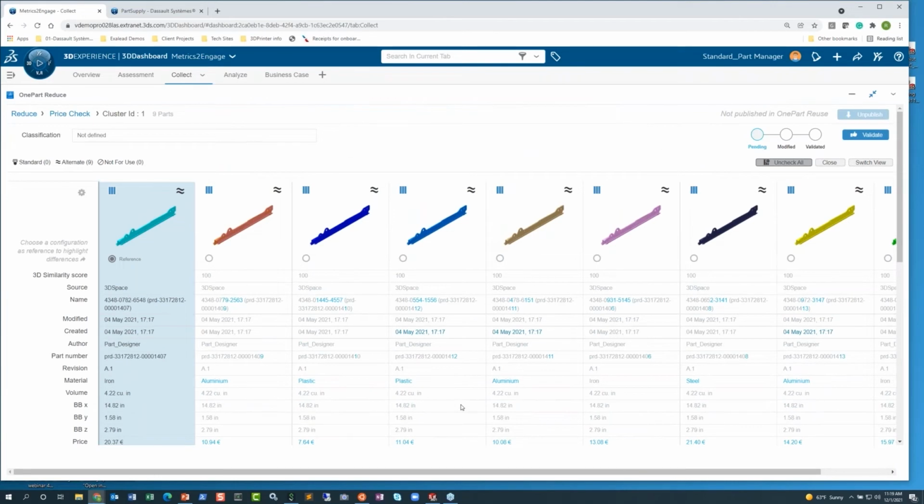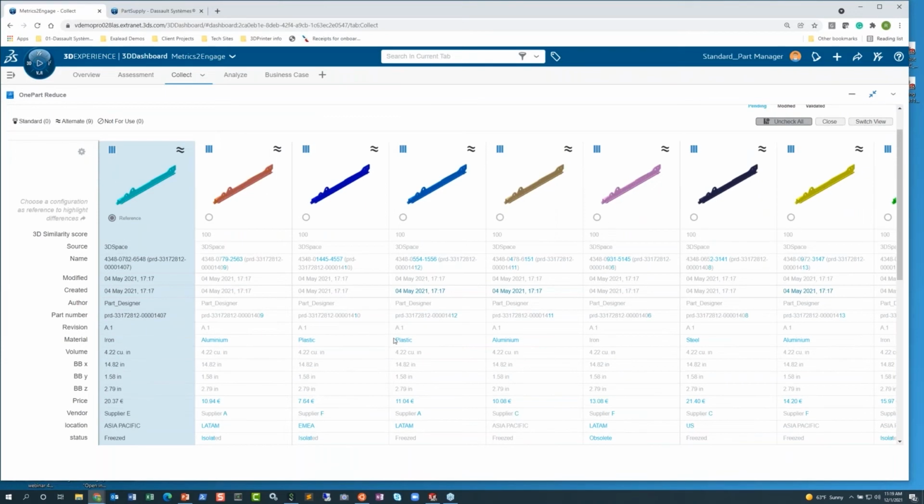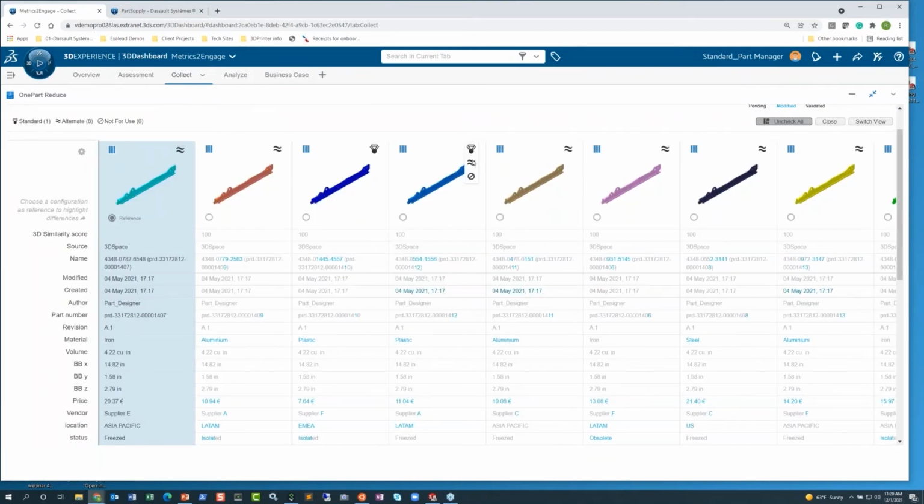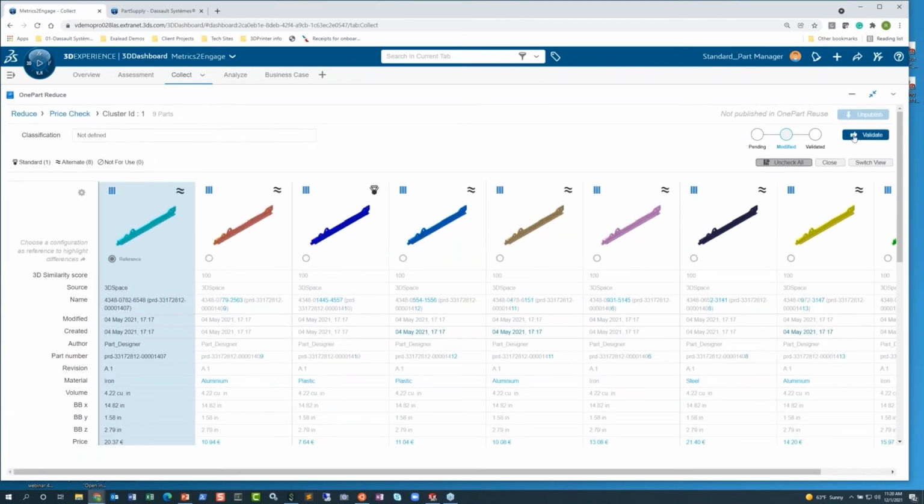So this enables me to analyze the data using these AI tools, looking across all of my parts for, say, pricing variability. So I can select parts that are the least expensive, that suit the needs that we have, and then could potentially publish this back to the engineer to say that of these two parts that are both plastic, this one has quite a bit less, so I'm going to make this one the preferred part, and I'm going to list this one as an alternate part potentially. We can publish that information back into the organization to validate this, walk through, and then that gets published